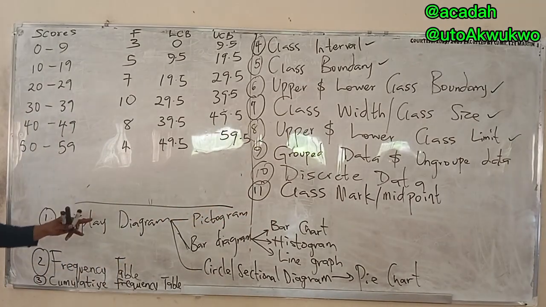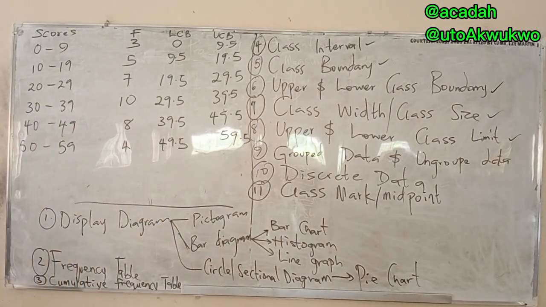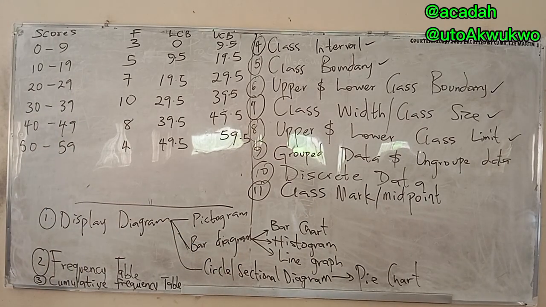So if I've noted that, the last one I want us to do, before we now start solving, is the class mark or midpoint. And remember, this is introduction to statistics. We now move after that to measures of location before measures of dispersion. Then the last one will be probability. So under probability, you have combination, permutation, binomial theory, binomial expansion, and all those things.